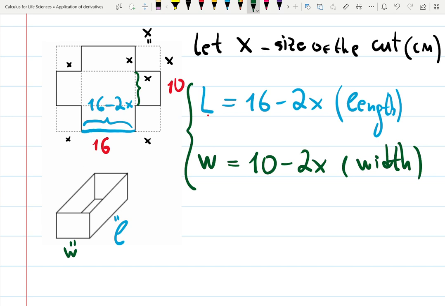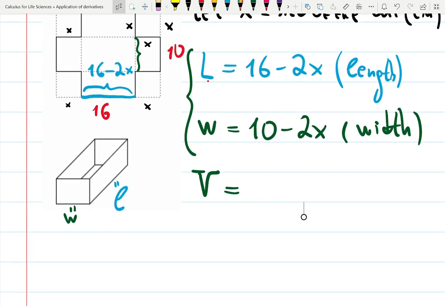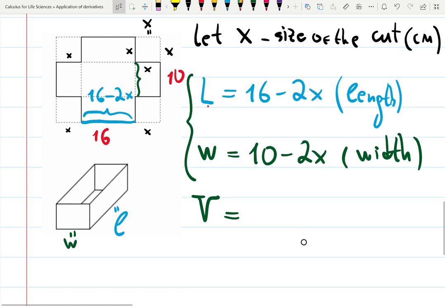And then what are we looking for? What are we maximizing here? The volume. Let's call it V. To maximize the volume, we need to know the relationship between all these variables we just created. We actually have 4 variables: x, L, W, and V. Volume equals what? Actually, before I ask this question,